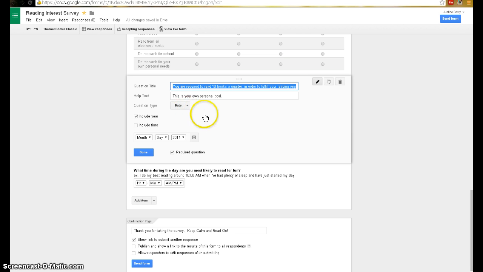Now you may be able to use this for different things, and this probably isn't the ideal question for this, but you're required to read 10 books for the quarter in order to fulfill your reading requirement for this year. By what date do you anticipate having your 10 books read by? And then I put, this is your personal goal. So what they would do is I have a date. You can include the year, you can include the time. The student will be able to go through on a calendar and actually select a date